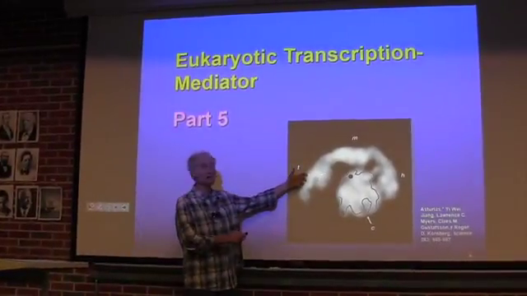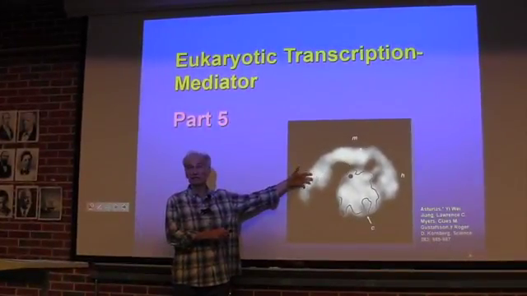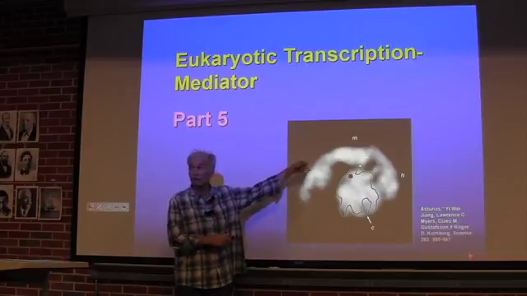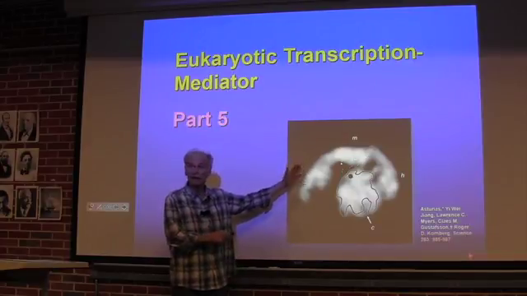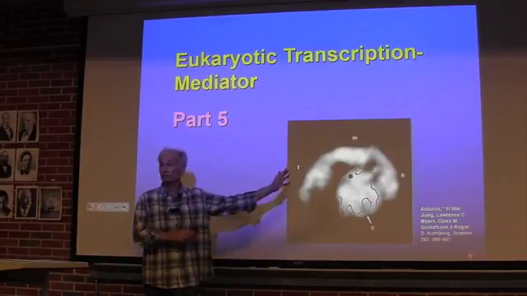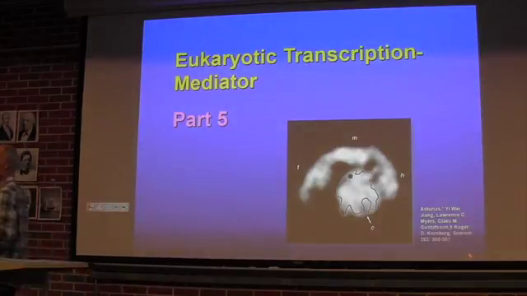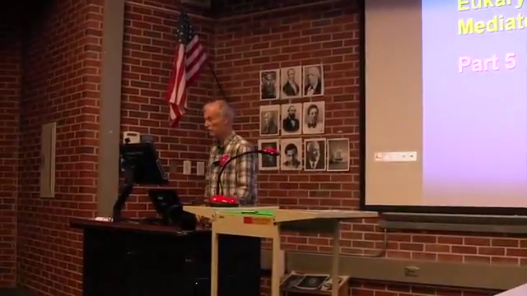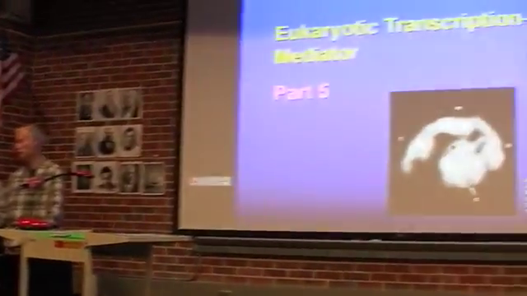This is where the activators, the transactivators, grab on, just like a handle, like when you pour yourself a cup of coffee. They make contact with the tail. A lot of them do. It's possible to recruit mediator to a promoter by making contacts in other regions, but many contacts are made through that so-called tail